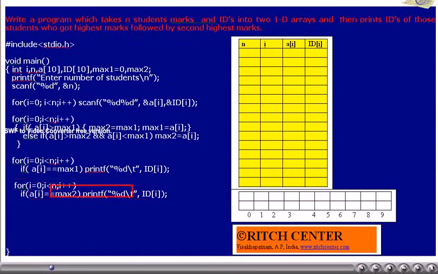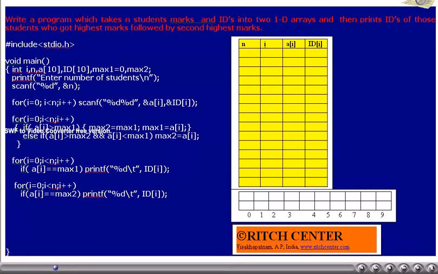This for loop allows us to traverse the student marks one after another and compare their marks with class second. If it is matching with class second, the printf statement prints their identification number. Thus, when this loop is completed, we will be seeing the identification numbers of those students whose marks are same as the class second highest.